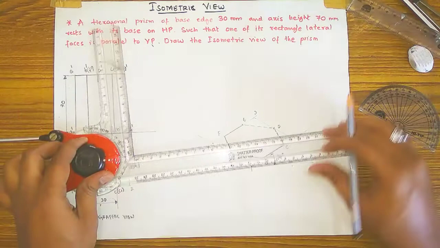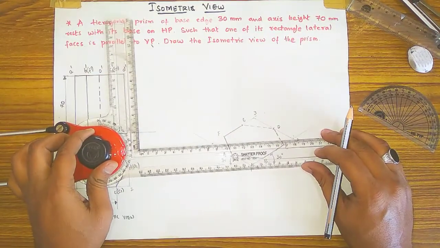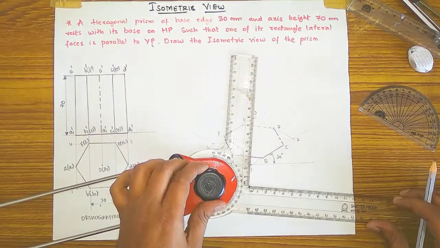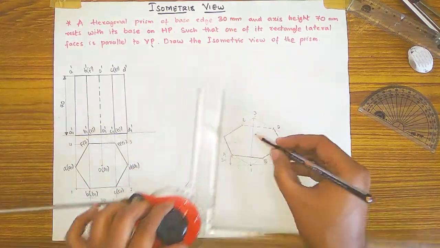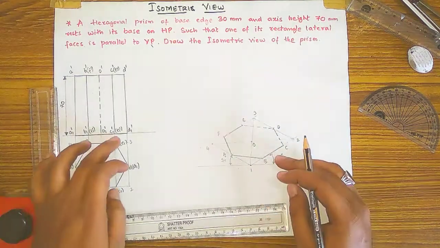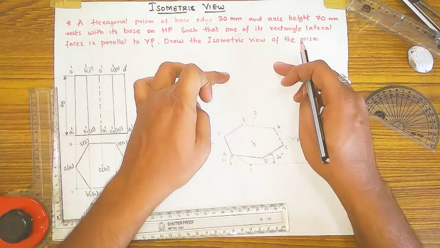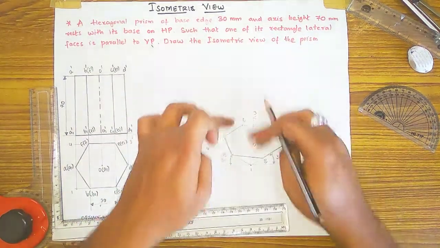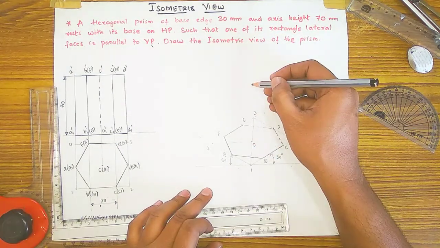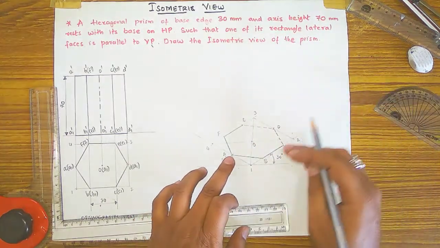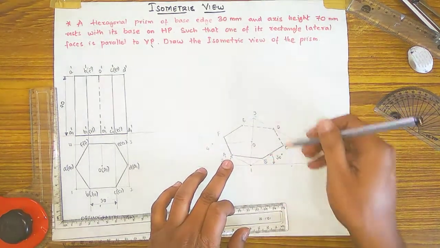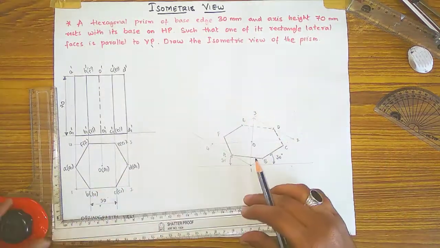Then after you have to remove the origin of this hexagon, means 1 to 2 you have to draw a line like this, and from 1 to 3 you have to draw a line like this. Where these two lines are meeting, that point is O. Okay, now then after, the prism height is 70 mm, so we have to draw a prism of 70 mm height, means the lateral surface is having 70 mm height, the axis is also having 70 mm, so according to the axis we have to draw the prism. So by taking the axis line also you can draw the prism, and also each point 70 mm you can also draw by that.